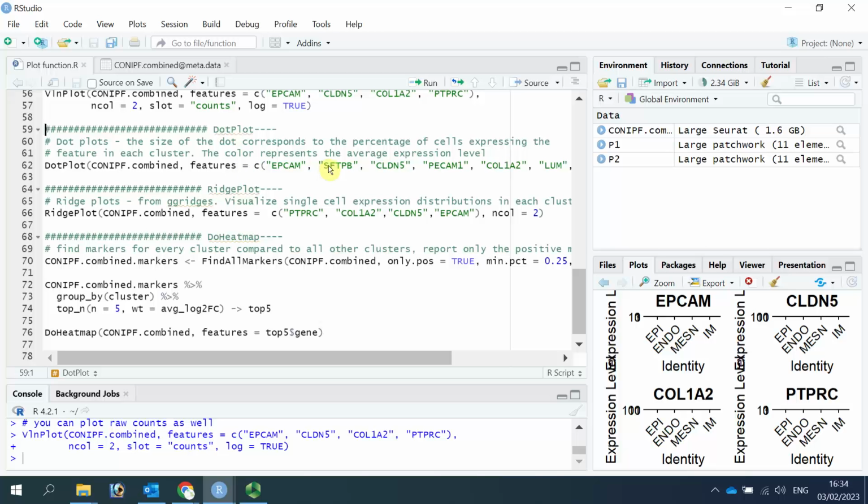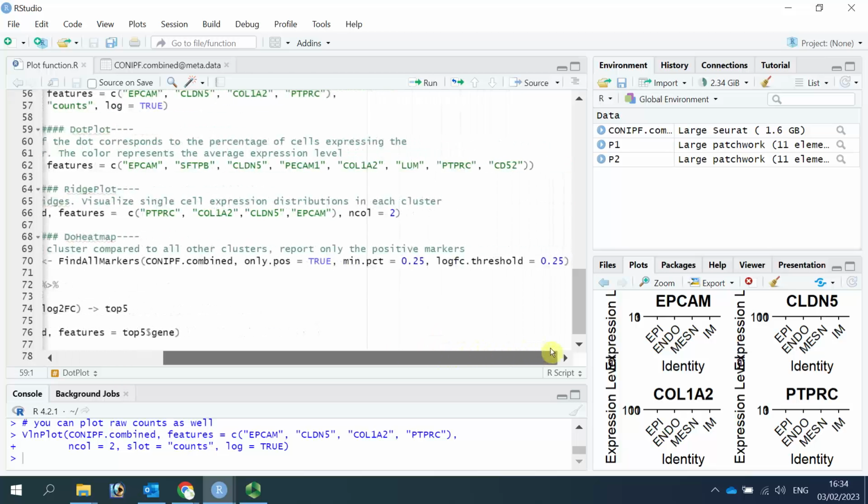EPCAM and FTPB for epithelial cells, CLDN5 and PECAM1 for endothelial cells, collagen 1A1 and LUM for mesenchymal cells, PTPRC for immune cells.